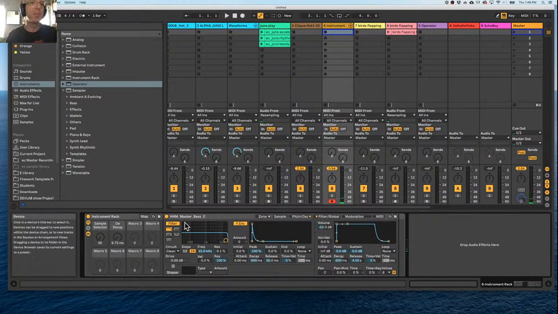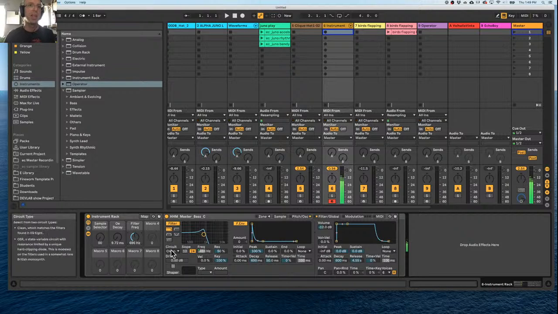Cool, next panel, filter. So we've got a filter, we've seen these a million times now. Very expressive to take your frequency knob and map it to a macro. Here's one thing, you have a couple of options for circuit. So these each model like analog filters. And so when you turn them on, you get kind of analog drive controls. You can boost,